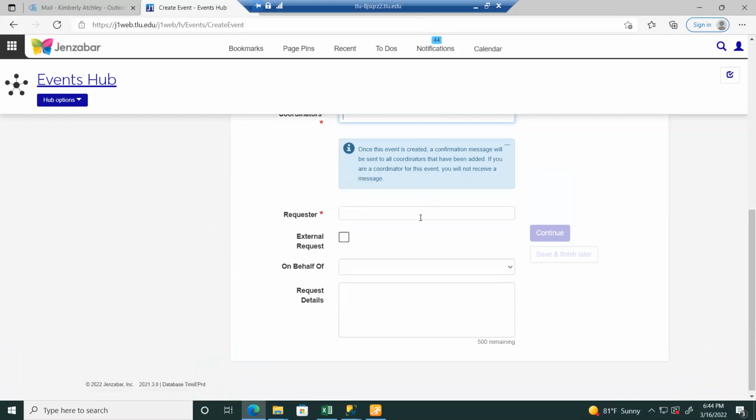as the event coordinator. And then for requester here, this is a much bigger list. In this case, I can start typing in somebody's name. You're going to notice that at the current moment this takes a little while to load. IT has discovered that what they put behind the lookup for this specific field is a little bit complicated. But the good news is he's in the process of testing out